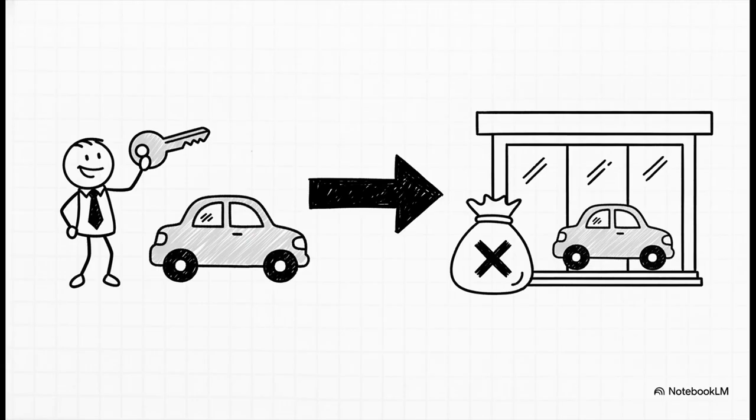Mr. A owns a personal car. He decides he wants to start a car dealership, so he transfers his personal car into the business as inventory and eventually sells it for a 1 lakh rupee profit. Now, you might be thinking he owes capital gains tax on that, right? But remember what we talked about earlier? A personal car is considered a personal effect, and personal effects are strictly excluded from the definition of a capital asset. Because the car was literally never a capital asset to begin with, converting it into stock and trade completely bypasses the capital gains tax net. Mr. A pays 0 capital gains tax. That is a brilliant little loophole.